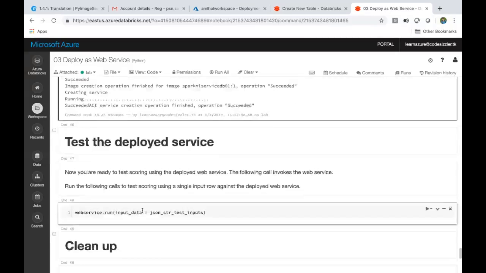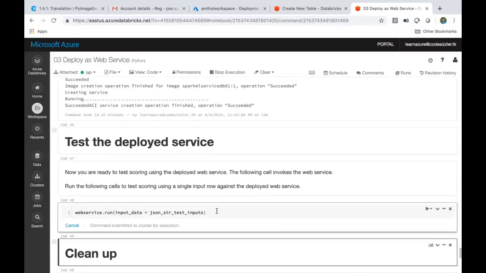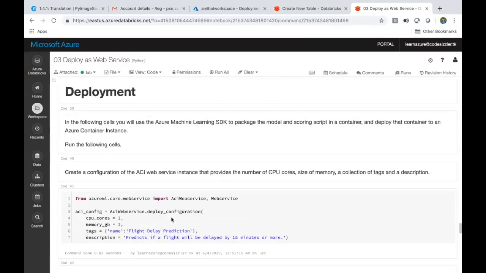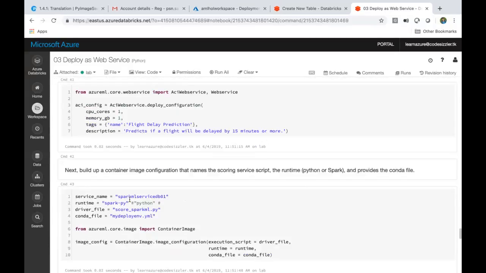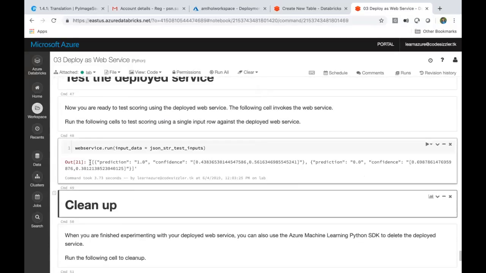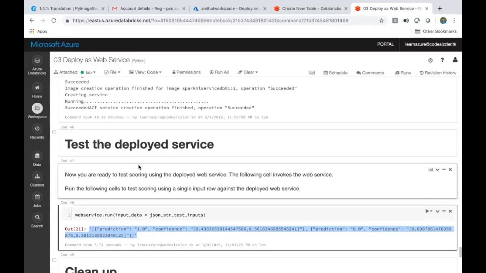So let's go and execute this, to confirm what the output of this is. You remember that we created some test files above it. Here, JSON, right? You're passing that into the system and it is giving me the results now. This is a prediction. So your web service is working fine, right? Yeah, you will test that also. Everyone clear till this point? Any questions here? Let me know.